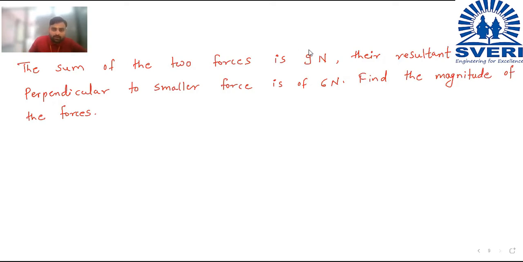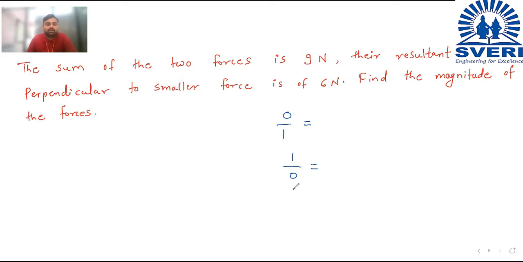So now see how to think on the problem. The first three problems I have taken were very easy, you only needed to put the values in the formulas. Now here you should think how I can apply this formula. So before moving to the problem, let me ask you some basic questions from mathematics. I will put two fractions in front of you. You should tell me the answer of those fractions. First is 0 by 1. What is the answer? And 1 divided by 0. What is the answer?